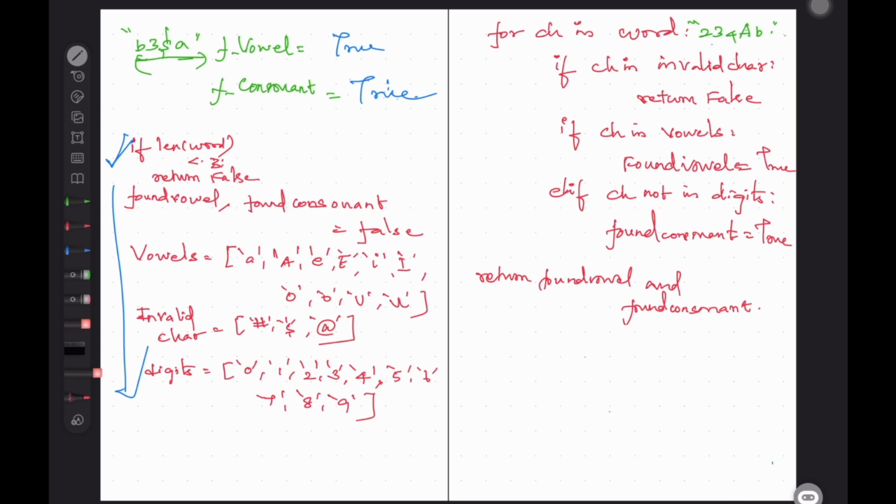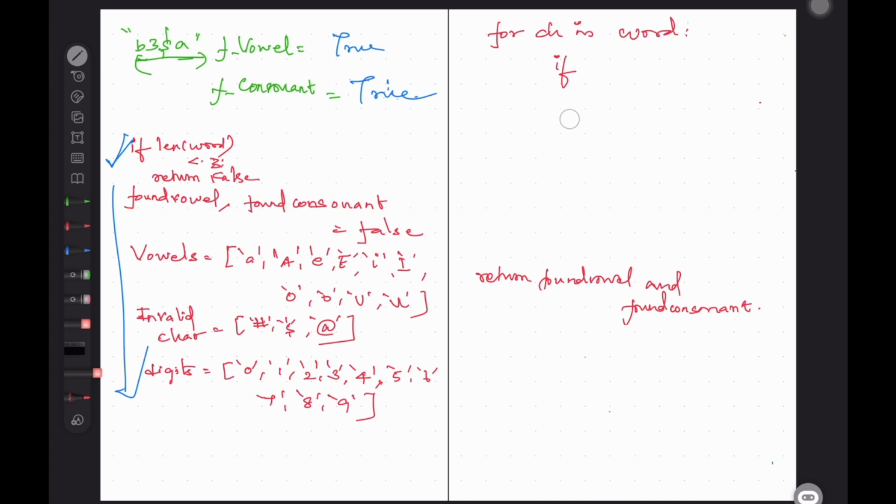we know we have an inbuilt function, character isalpha. So what we are doing is, first we won't use this vowels at all. We'll just have found vowel and found consonant only. What we will be doing: if ch.isalpha(), it means it's a character.